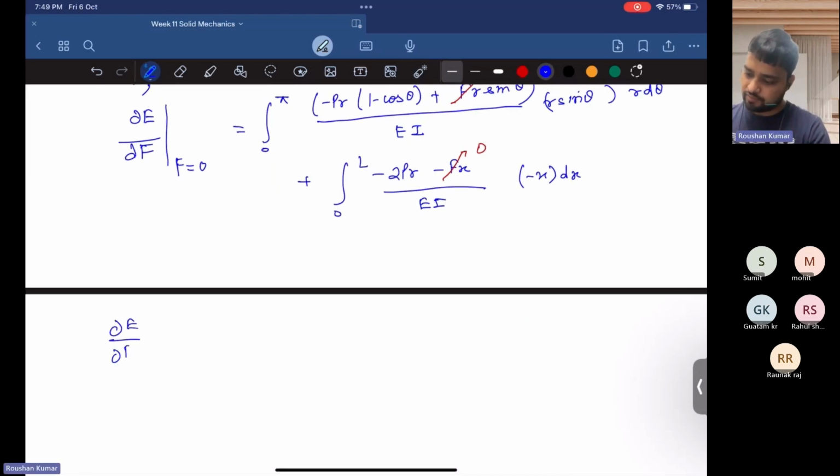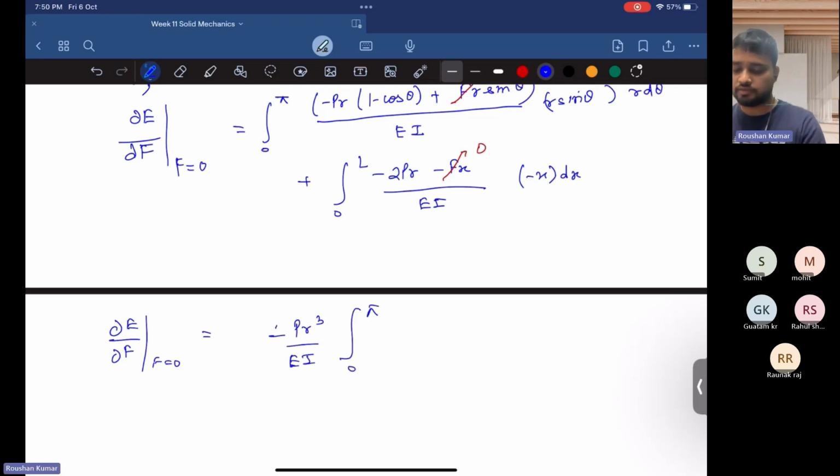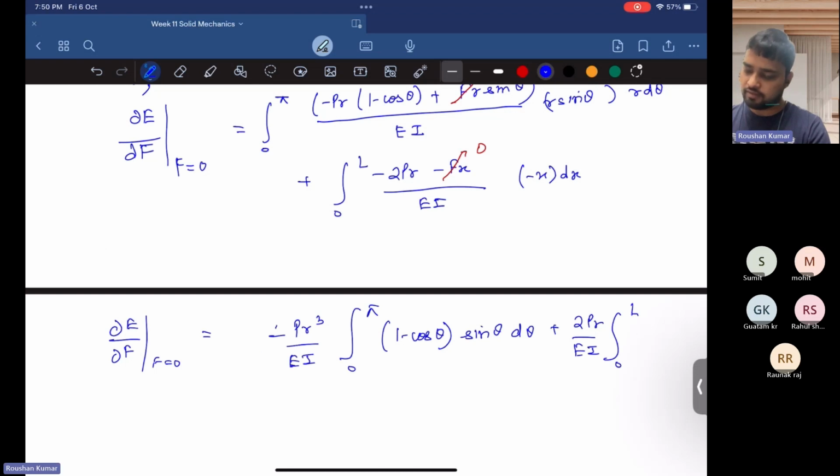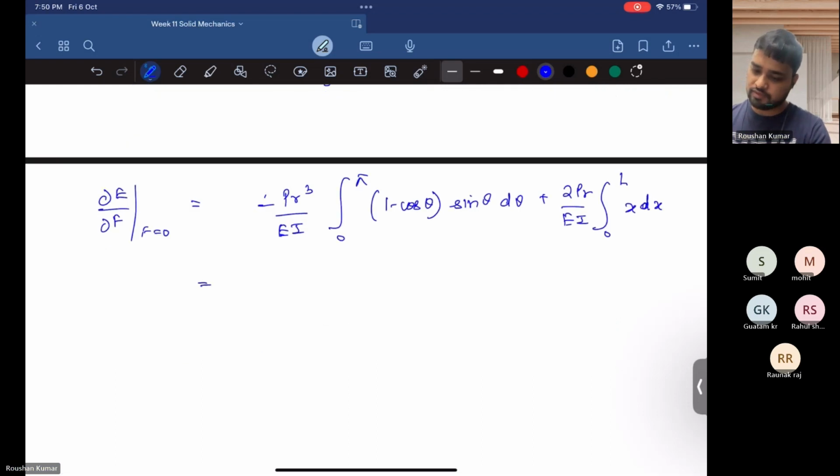Now ∂E by ∂F at F equal to 0 is given by minus PR cube upon EI integral over 0 to pi (1 minus cos theta) sin theta d theta plus 2PR upon EI integral over 0 to L x dx